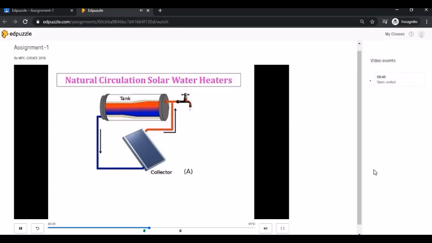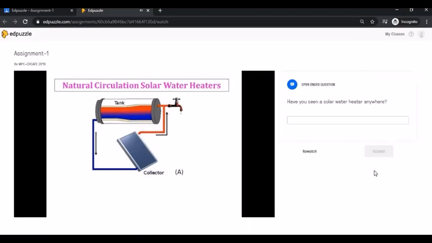The remaining lecture is natural circulation in a solar water heater. There is no pump, so the water circulation is due to gravity. So the water tank has to be conveniently placed in the upper position. Then only the water will circulate. Okay, here is the next question.